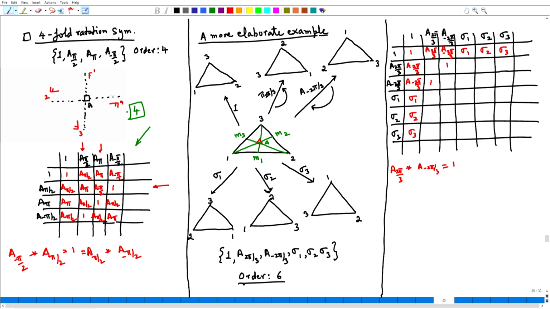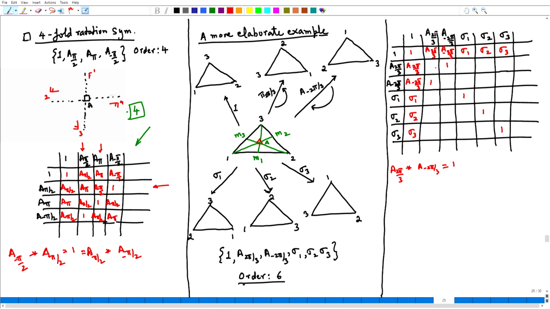Let us consider the reflections. Sigma 1 followed by sigma 1 we have already seen, the same mirror operating second time, identity, sigma 2 follow it up with sigma 2, identity, sigma 3 follow it up with sigma 3, identity. So, we have realized all the identity operations here, total there should be 6 and there are 6 out here.